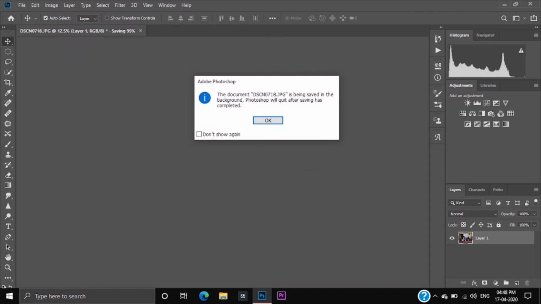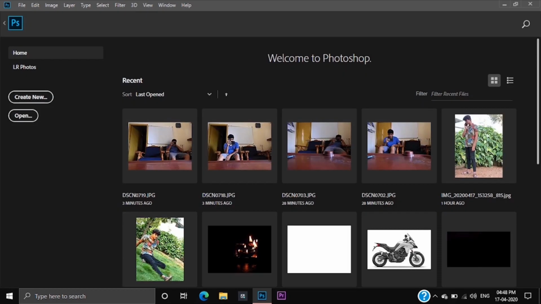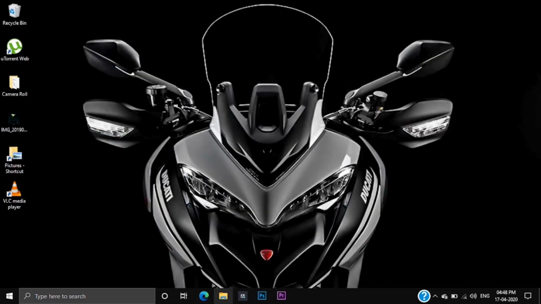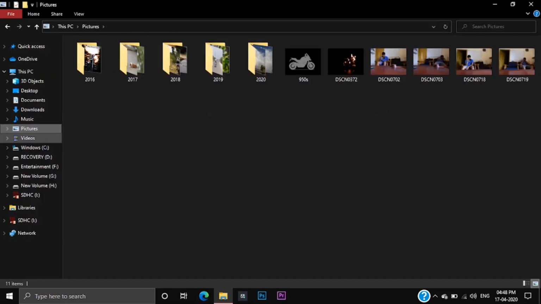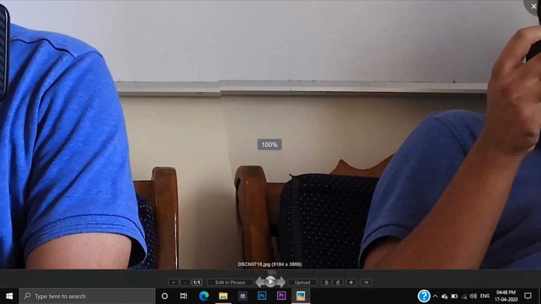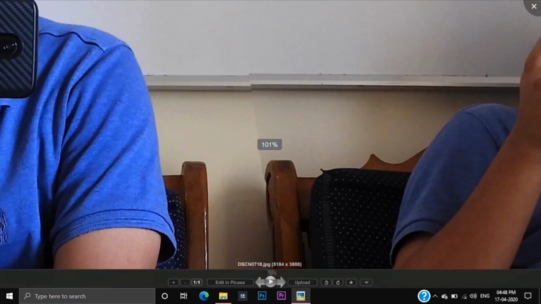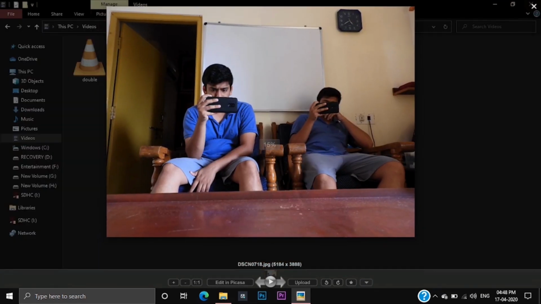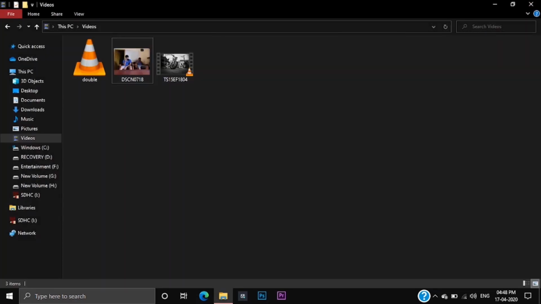Select OK and cancel everything, and go to the pictures, actually videos, and you can see the picture. It looks like editing has been done on this picture, because the board should align backwards. I didn't notice it, but I did it. So increase the exposure, increase the brightness, increase the whites accordingly so the picture looks normal, and increase the noise reduction so it looks flawless.